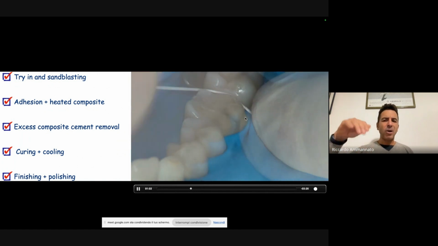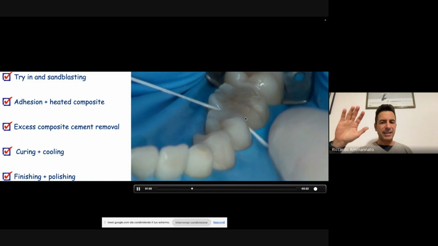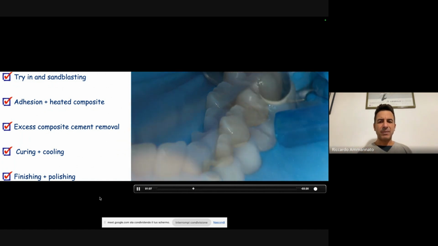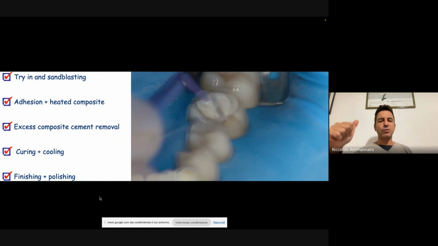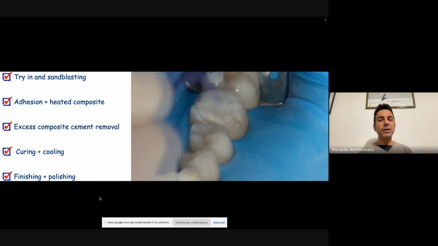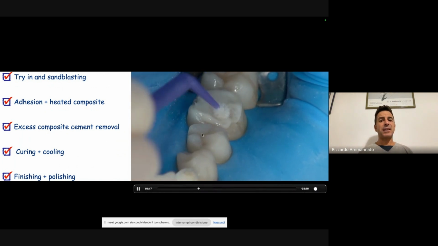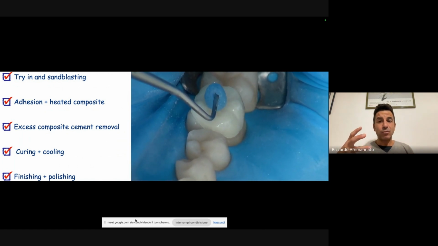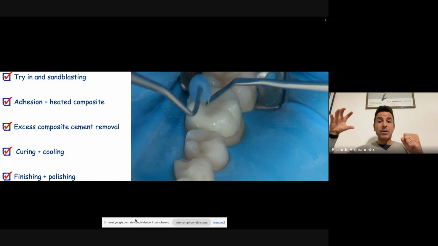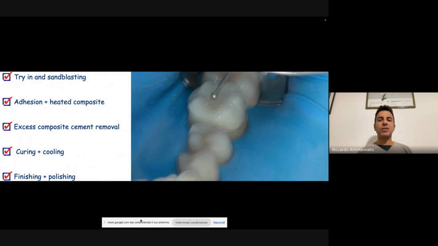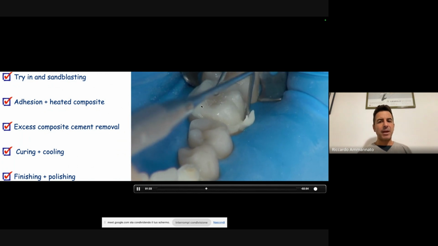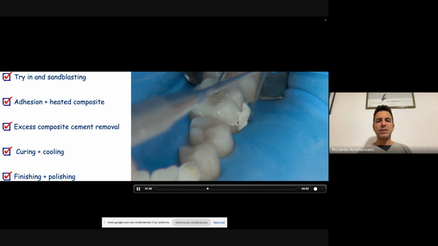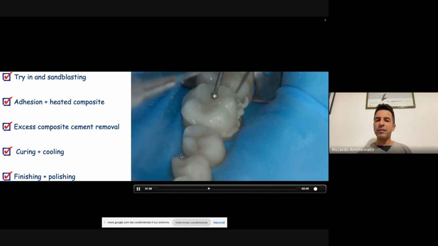And then I'm placing my bonding, just checking with some floss that no bonding excess is in the interproximal, thinning the bonding. And then either you use dual cure cement, or very often in these kinds of cases, I use the same composite that we use to do the fillings, heated up, okay? I place it on the tooth, then I land with my overlay, with my glass ceramic onlay. And you see here, the light of the unit is off.